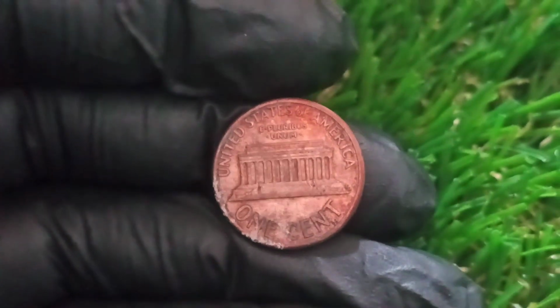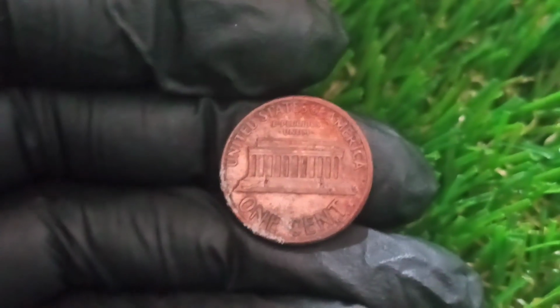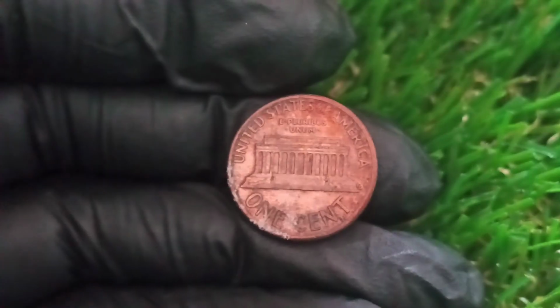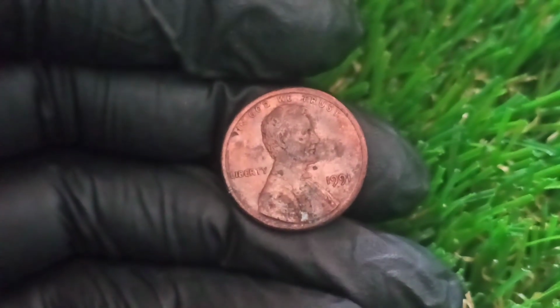exotic planchet, adds an exponential multiplier to its value, and it doesn't stop there, because the coin also shows signs of a brokerage error on the reverse, where the Lincoln Memorial appears not only rotated but also